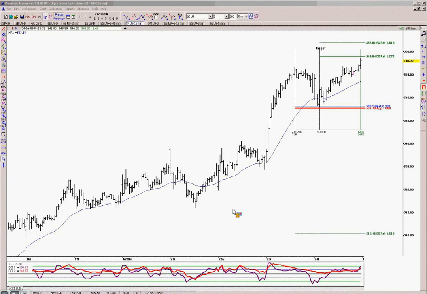Now, it doesn't mean that you want to reverse it. It just means that that setup for me is not good anymore. And if it sets up on the flip side, that's another story. Okay, one question was whether I was talking about the Euro futures. Yeah, that was the Euro futures chart that I showed, that example with the alternate time projection.